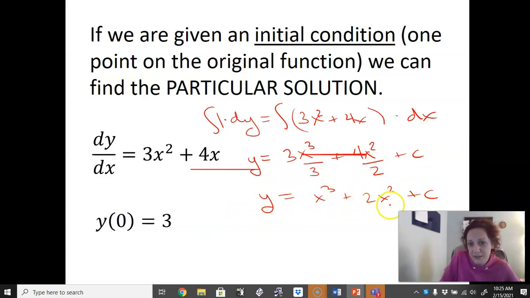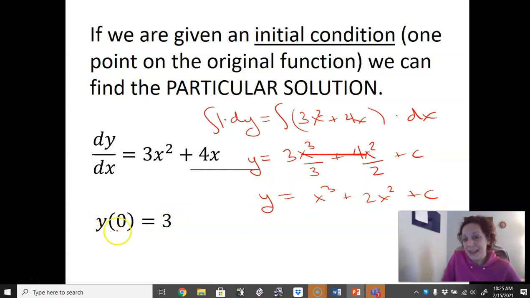All the functions in this form, remember, all the c does is give us a vertical shift of a function. All the functions in this form are going to have this derivative. In other words, at any given x value, all of these functions are going to have the same slope, because all the c does is shift it up or down. All right, but we want to know which one of the members of this family passes through exactly the point